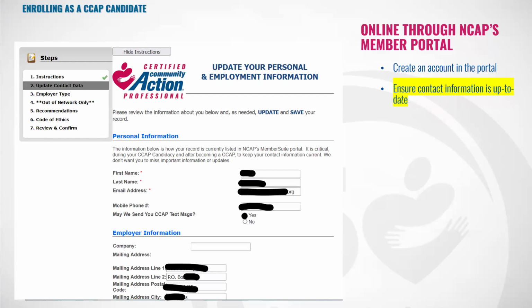After you become a CCAP, your CCAP will be good for a period of 4 years. And then there's a renewal process. Well, let's say that 10 years down the road, you get the job offer of a lifetime.